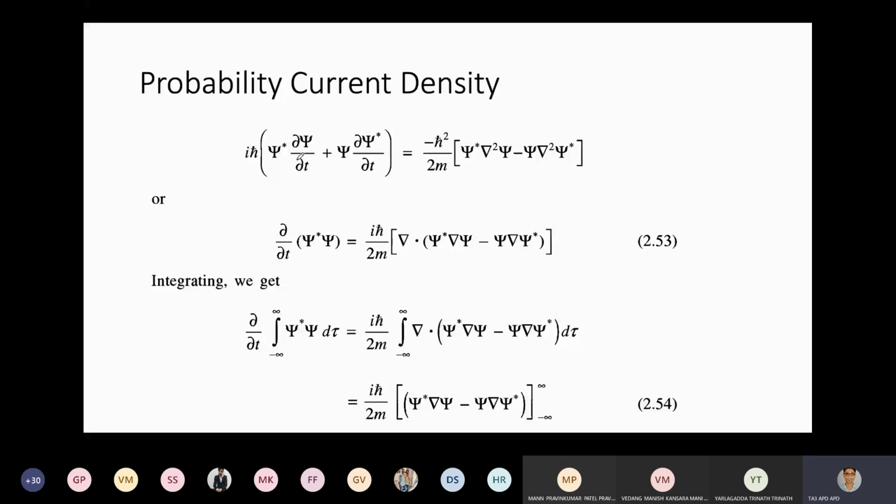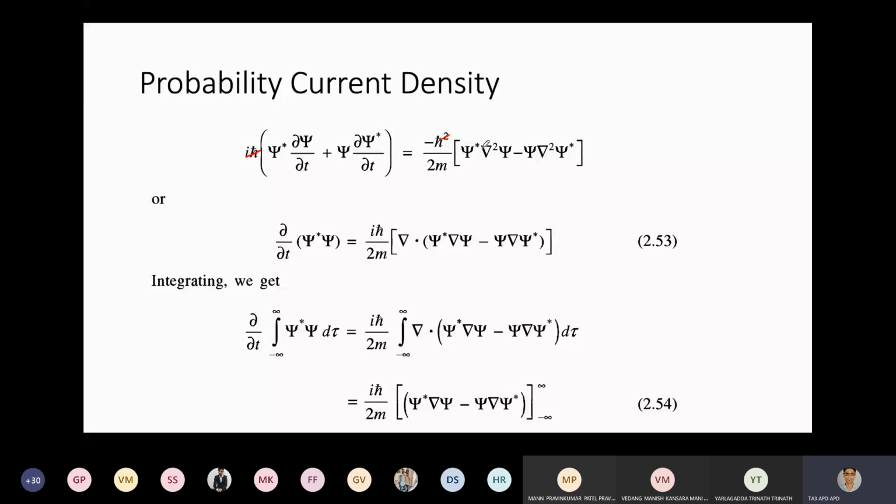Now what do we do with it? Let us write down this in the time differentiation on one side, and on another side it is in the space differentiation. So on this side it is ∂/∂t of the product of these two functions, ψ* into ψ. If you expand this, you will get this back. And this iħ I have written here, multiplied on the right hand side, so 1/iħ gets cancelled over here. And i here, since 1/i is -i, will go up, so iħ upon 2m will come. And here we have taken del common out, so